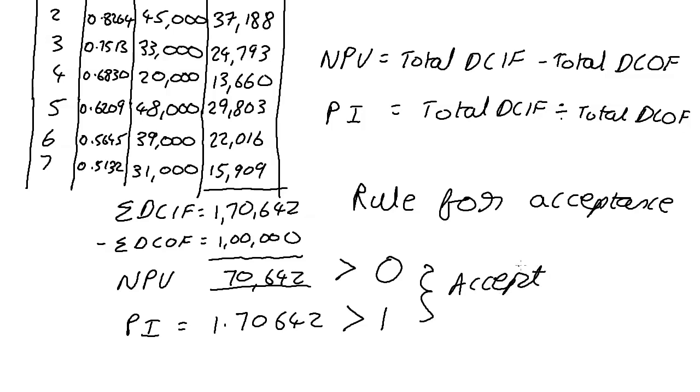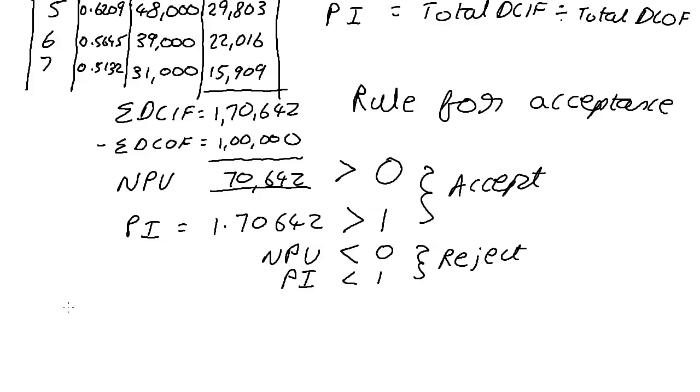If it is the other way around, if it is less than 0 in the case of NPV and if it is less than 1 in the case of PI, then in both of these cases we reject the proposal. If we have been given multiple projects and we are calculating multiple NPVs and multiple PIs, we will choose whichever